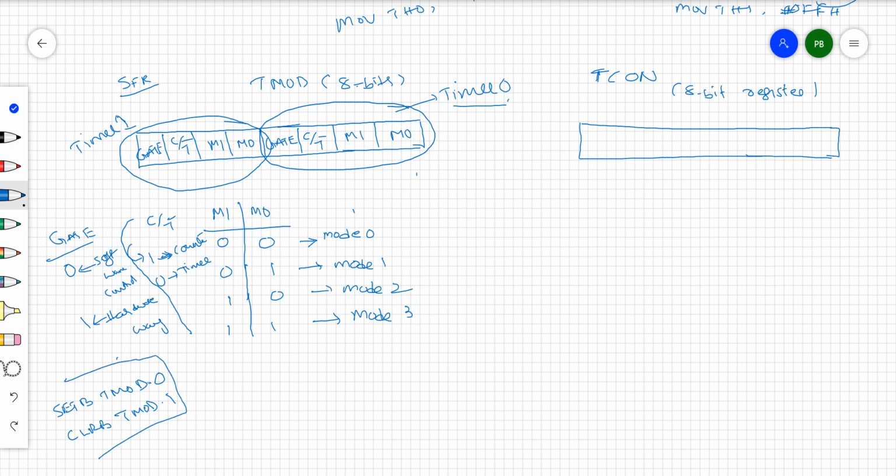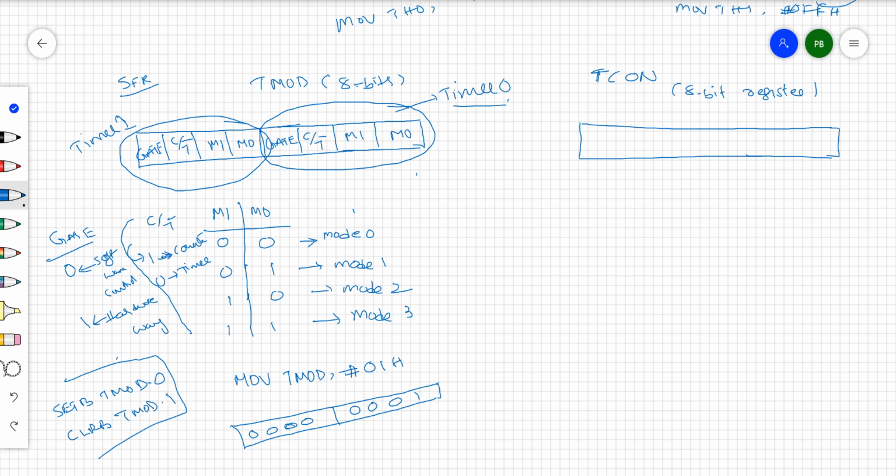The other way you can fill this data is like this: MOV TMOD, for example, I placed #01H. Then what will happen? MOV TMOD, #01H means in the TMOD register data is going to be filled like this: 0 0 0 0 0 0 0 1.